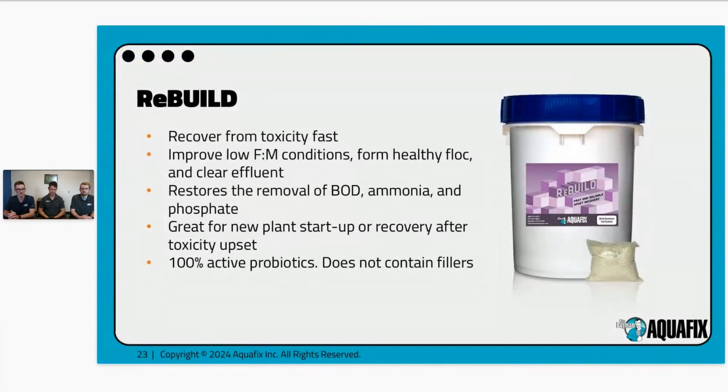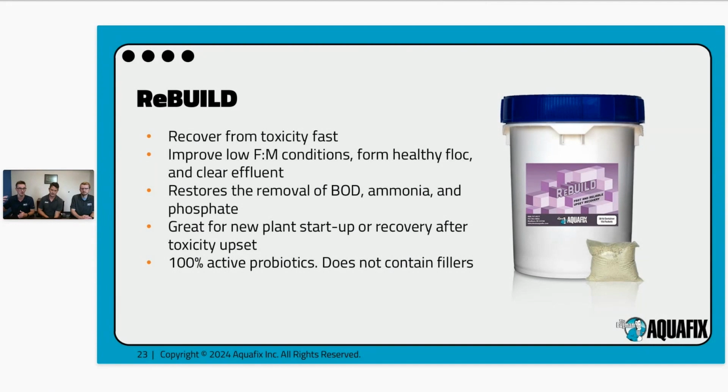Next up is Rebuild. Kind of like I said with the Counterquat, where it has that bacterial property to it, Rebuild is an excellent one where it's just pure bacteria, great for restarting a process. So maybe if you had an issue that you didn't catch early enough and you got either complete washout or at least some element of flock formers washing out of your system, it's a great easy way to build back your population quickly